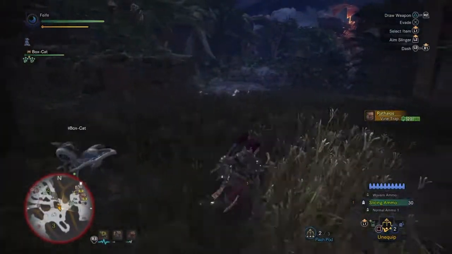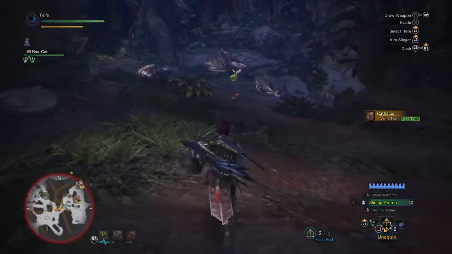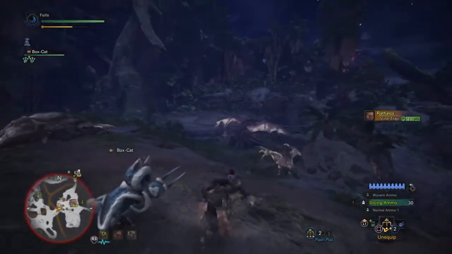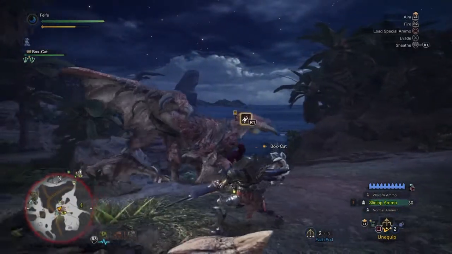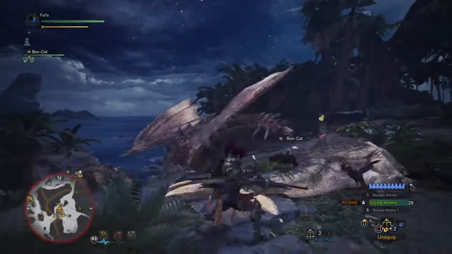Oh, Rathalos is in the vine trap. Slicing ammo is fun. It's useful. In previous games it was the only way to cut off a monster tail with a gun without having a melee weapon blade. So slice...